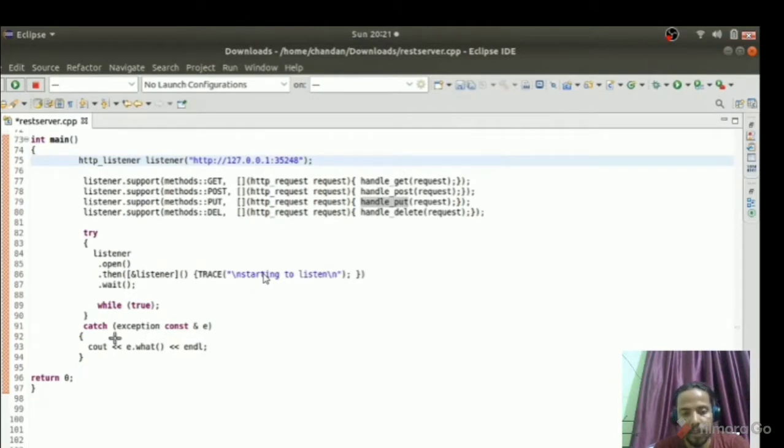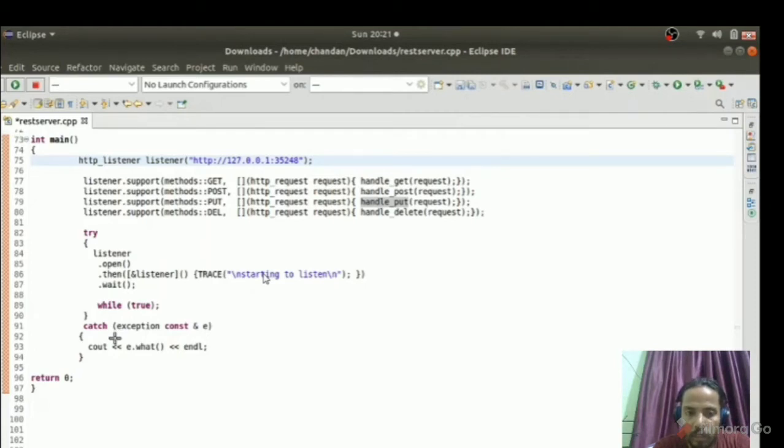Today I'll talk about the CPP REST SDK, which is the C++ REST SDK web services library by Microsoft. We can use this CPP REST SDK to parse REST services from the web client, and C++ can work as a backend to handle those REST services. We can receive GET, POST, PUT and DELETE requests, parse them, and put them in the database. We can respond back to the client, so everything can be done.